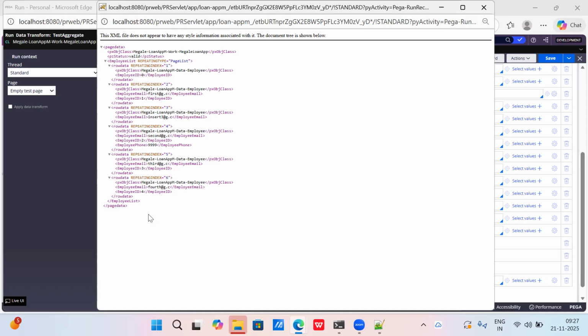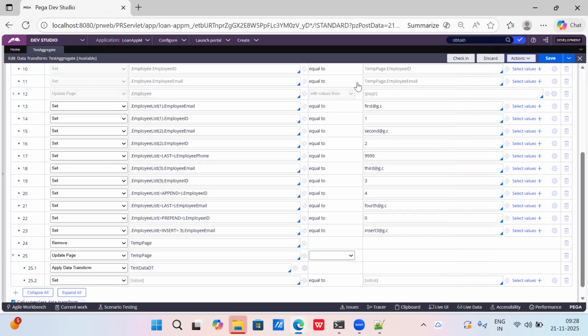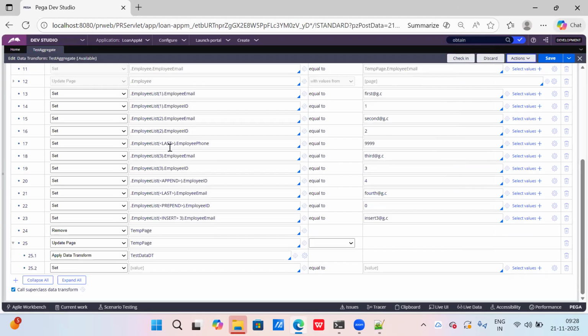Now the question says, we need to discuss one concept that we have in data transform. Let's consider I have a requirement where we have only defined employee ID, and we have employee email for the third one. So let's provide employee ID for each and every person, because we could see the third record is not having employee ID. Okay, first we'll build one page list with all the information so that we can manipulate that. So employee list of three we have it.